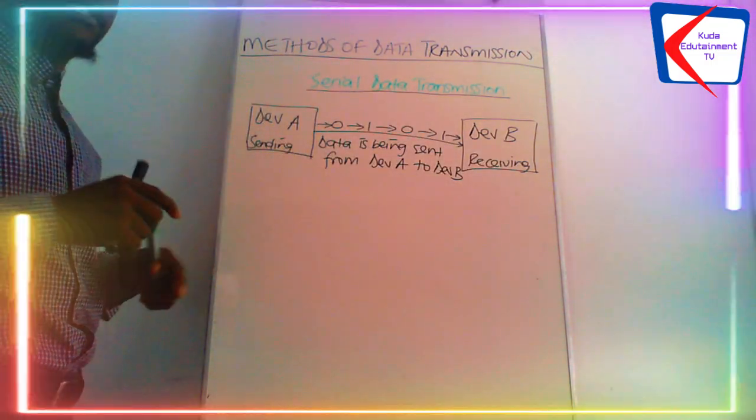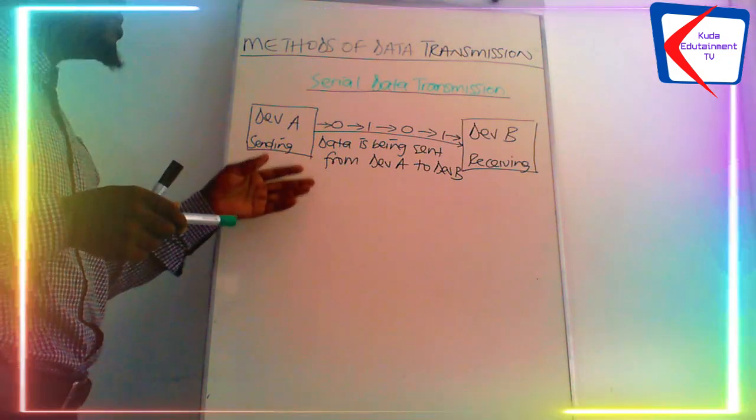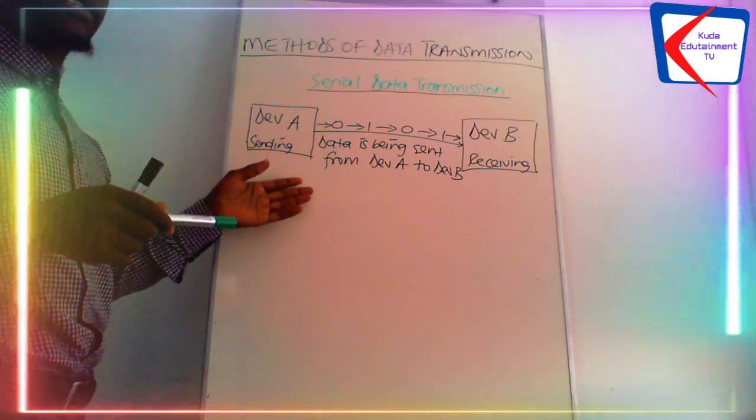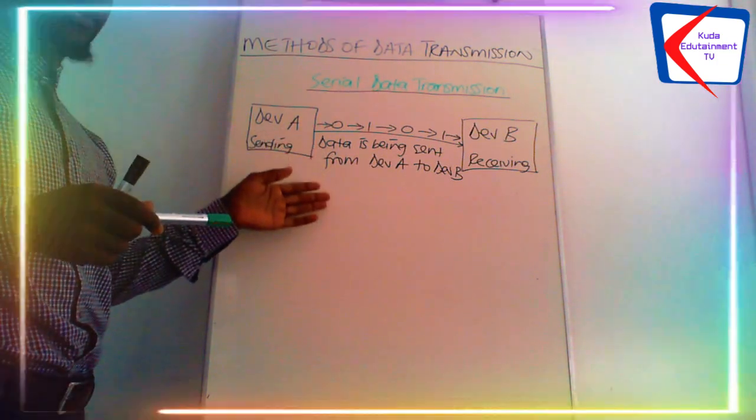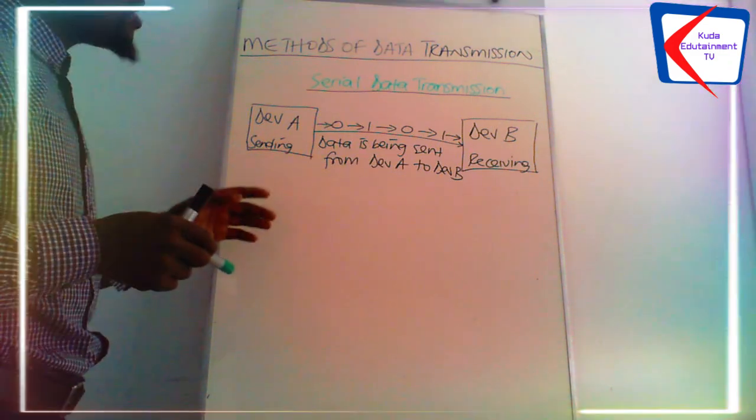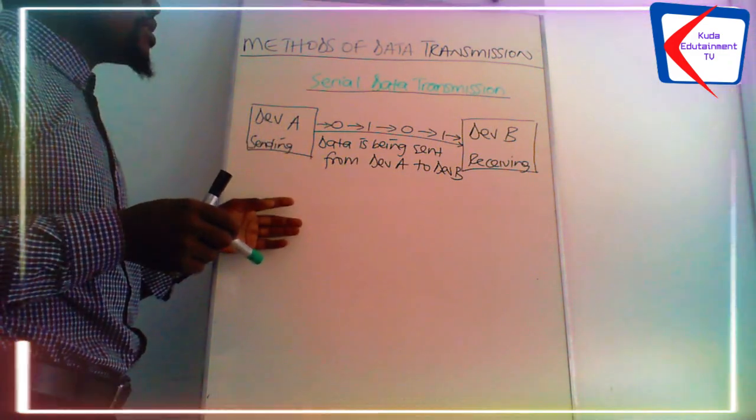There are advantages and disadvantages associated with using serial data transmission. I will give these advantages and disadvantages when I summarize my presentation. So this is serial data transmission. Now let us look at another type of data transmission, which is